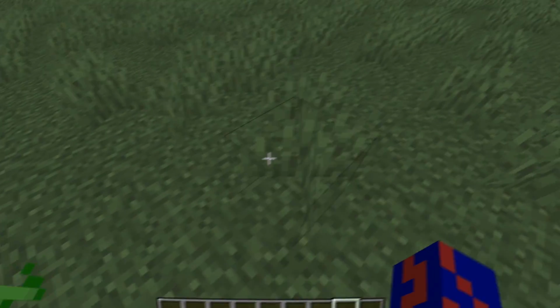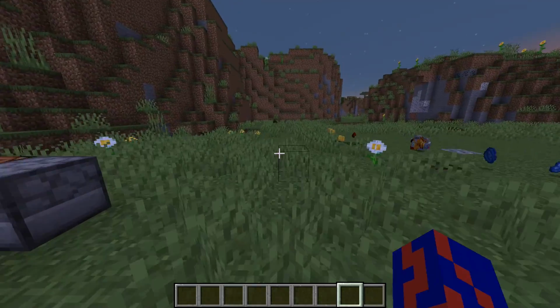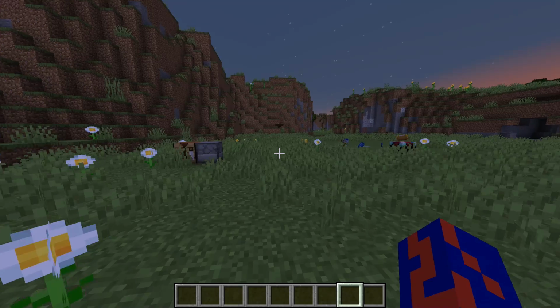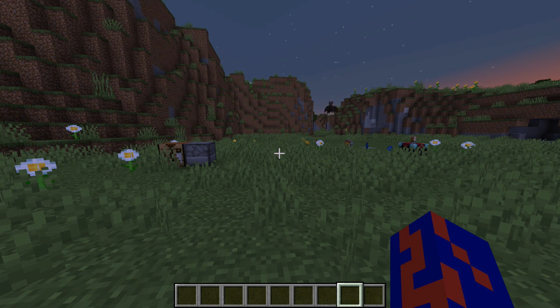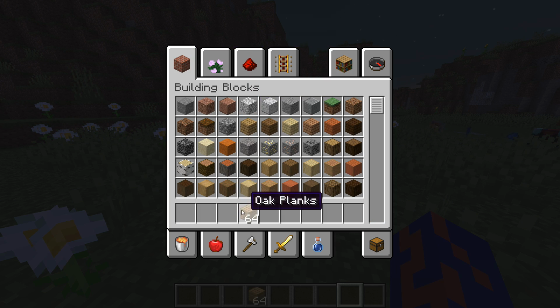The next tip, I believe this is tip number 4. And what we're doing here is, it's getting nighttime, right? And you're worried. You don't have a house. You hardly have anything. You just have a bunch of wood and stuff. So what you want to do, you're going to take your wood,